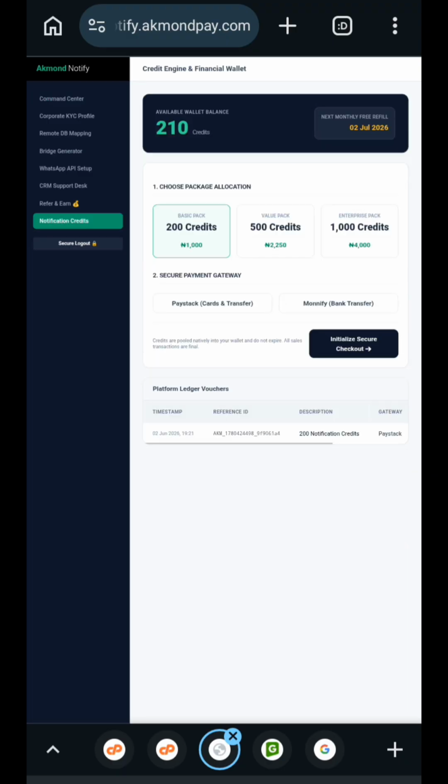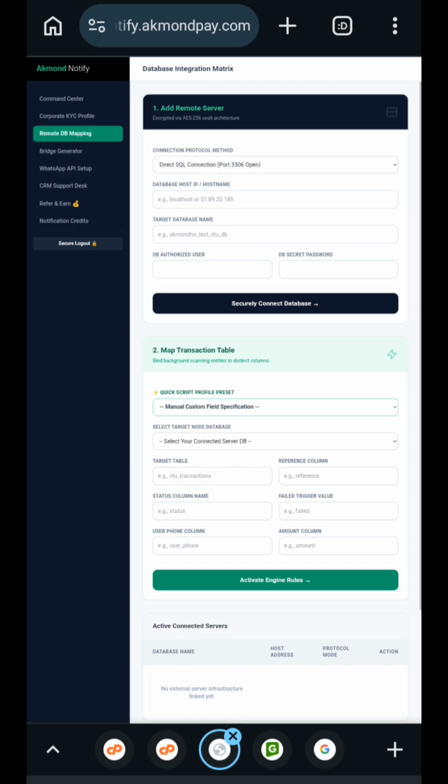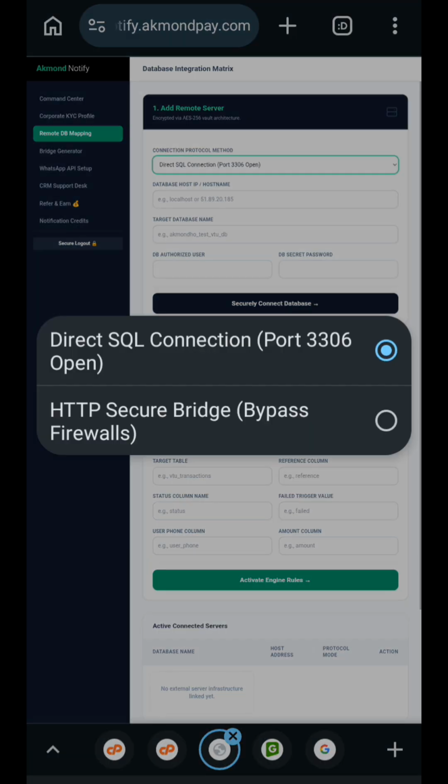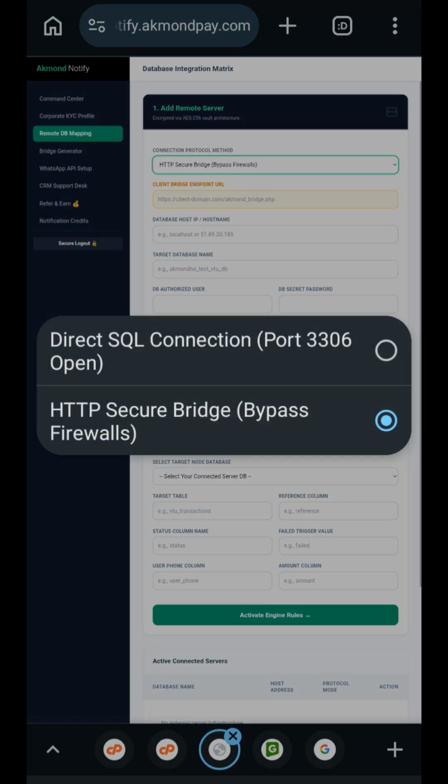So now let's go to the remote DB mapping to set up our remote DB connection. We have two types of connection: the direct SQL connection and the HTTP secure bridge connection. The fail proof one is the HTTP secure bridge. This one requires you to just upload a single file of our secure connection bridge to any